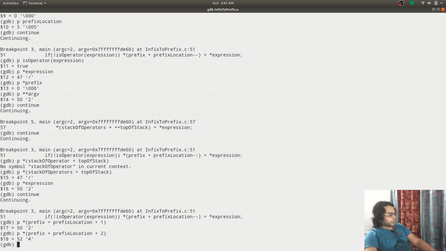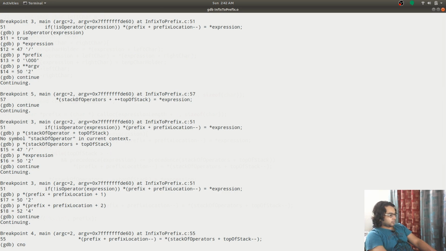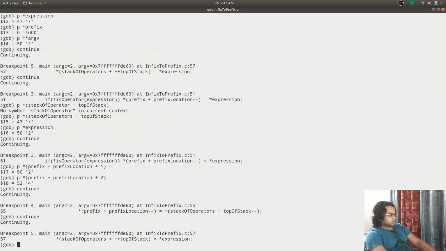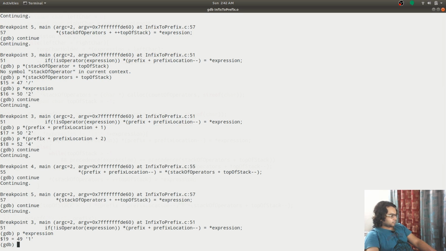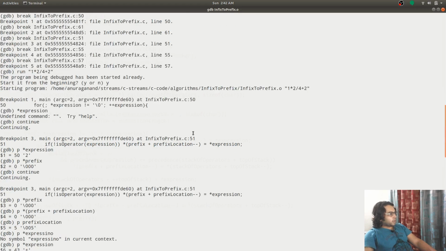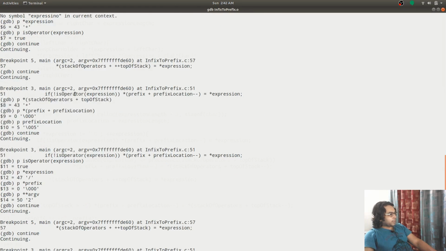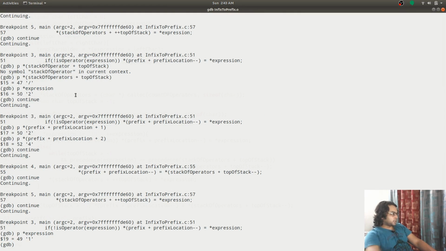And 4 in it, 4 2, so values are getting inside it. And one, and so we have reached the end of this loop.